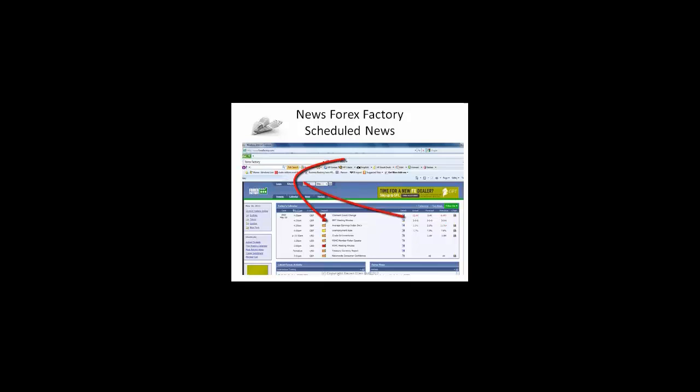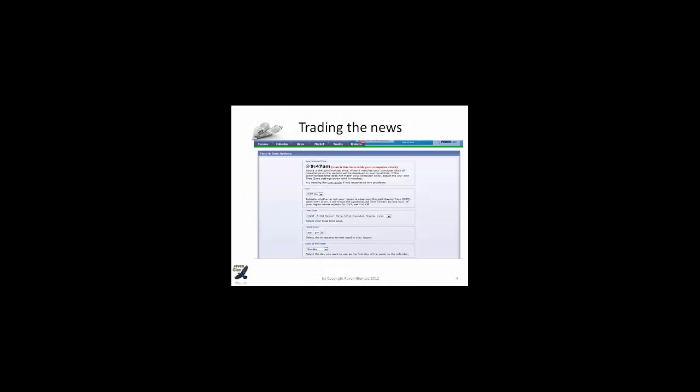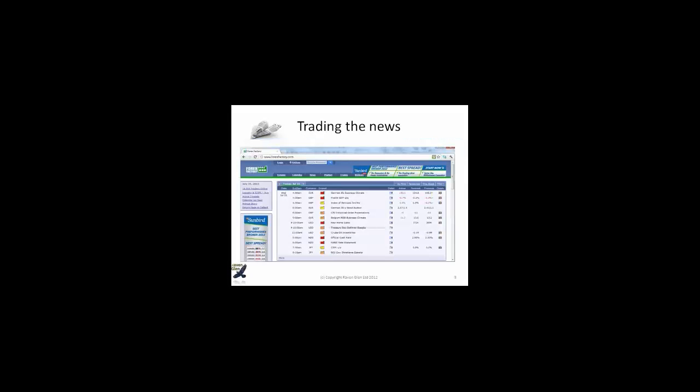We need to change this to match the time here in the UK, if that's where you are. That will make sure that all of the news items are shown on your screen at the time they're expected to be announced in UK time. To match the time to UK time, just click on it and it will take you to a new screen. Once you set the time up properly, return to the news screen and you'll see there's too much news here